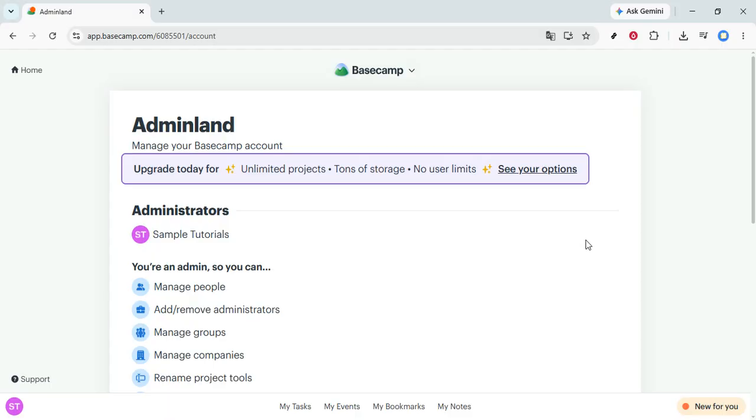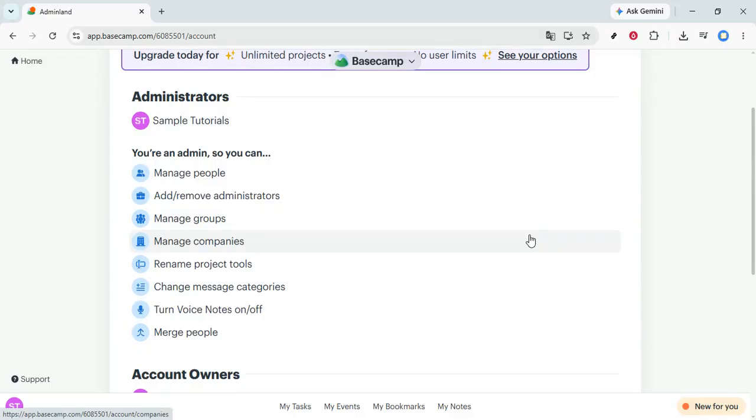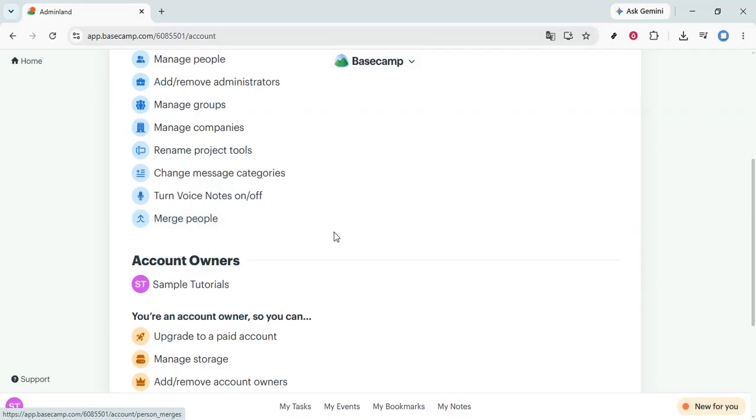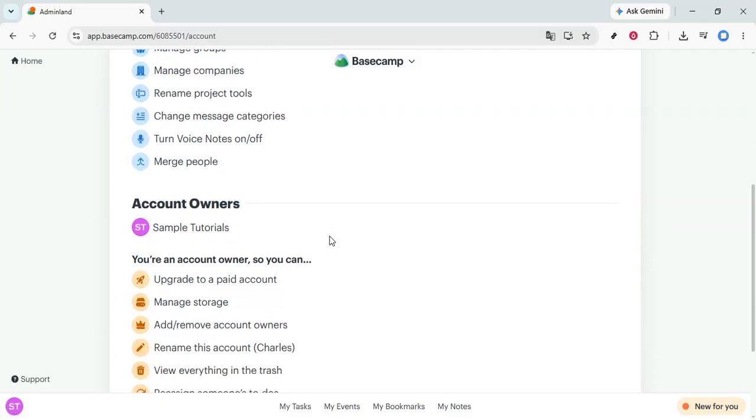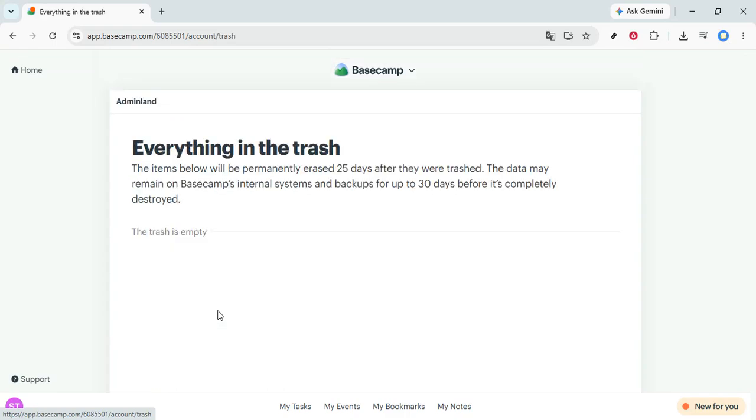After clicking on Admin Land, you'll be presented with a new set of options. Among these, search for the option that says View Everything in the Trash. This is where all your deleted items go, kind of like a recycle bin. It's a safety net that ensures you don't lose important data permanently by mistake. Click on View Everything in the Trash, and you'll be taken to a page displaying all the items you've recently